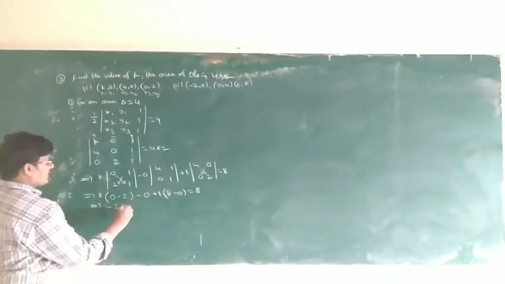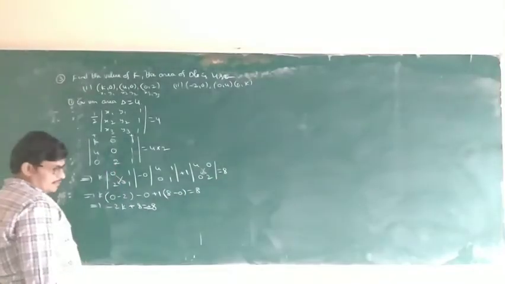So k into minus 2, minus 2k plus 8 is equal to 8. Minus 2k plus 8 equal to plus or minus 8. Because this is 8 and